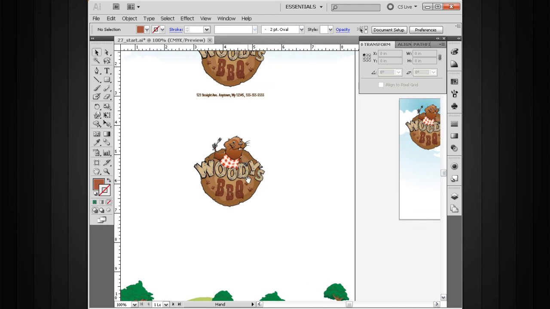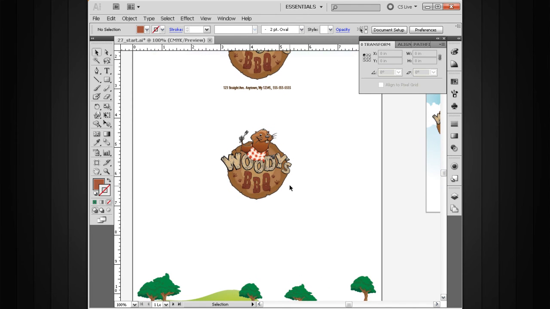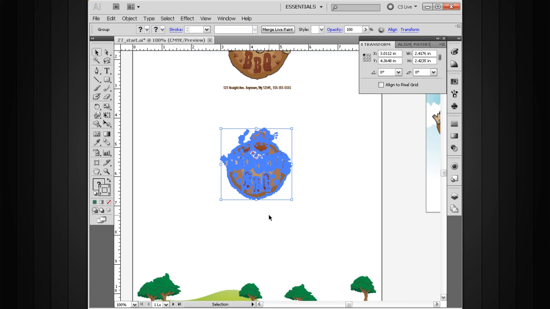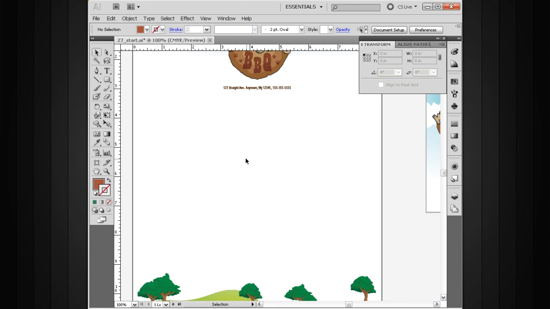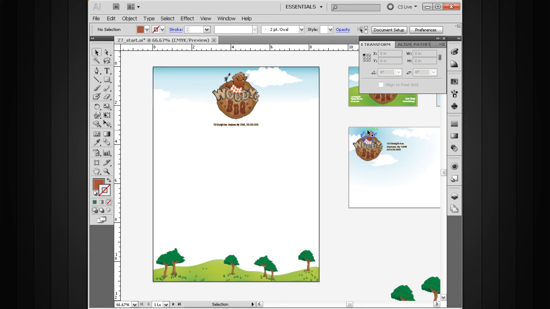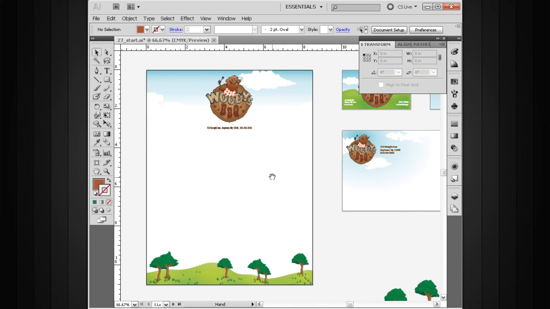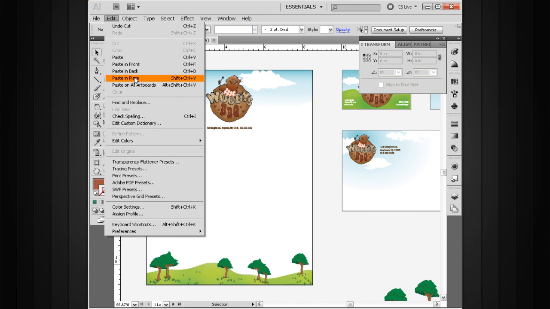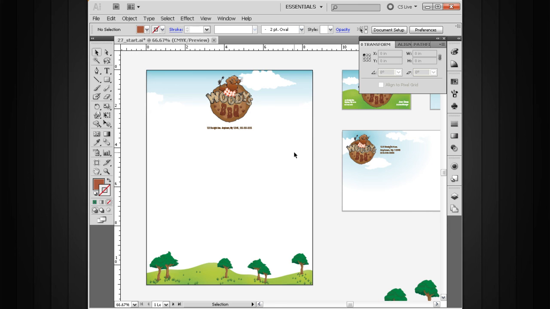There's one other pasting command that's pretty useful. Let's say we were building this logo on our primary artboard, and we finished building it. Now we know we need a copy of this logo on all of our artboards. Let me drag a marquee selection around the logo and cut that with a Control-X. Now we can paste this object to all of our artboards. I know he's already over here on some of these artboards, but let's come up to our Edit drop-down again and look at one other paste command. We have a Paste on All Artboards function. It's Alt-Shift-Control-V. That's a lot of keys to press for a keyboard shortcut, but if we press that here,